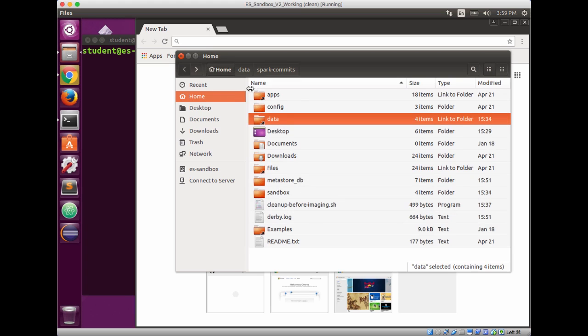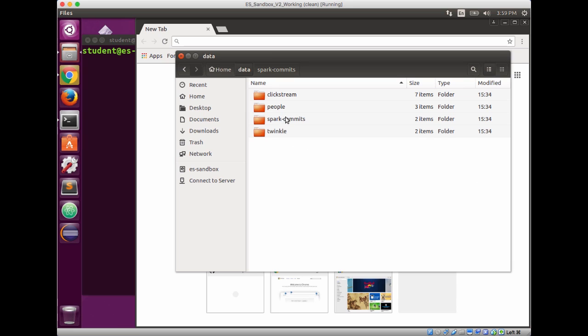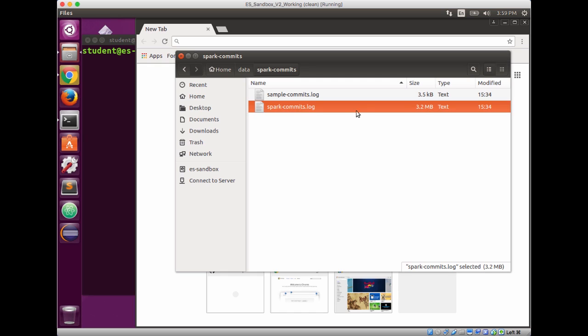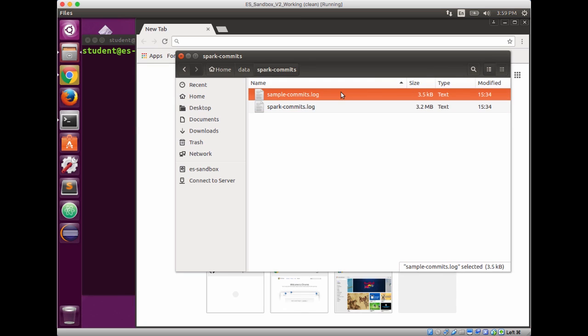So under the home directory, you should see a data directory. If you navigate into it, you will see a bunch of data sets we checked in. This is so you can get started quickly without having to look through data sets. I'm going to look at an interesting data set called Spark commits. These were the commit logs made for the Spark project in the past couple of years. So I have a full file of 3 meg and also a sample file